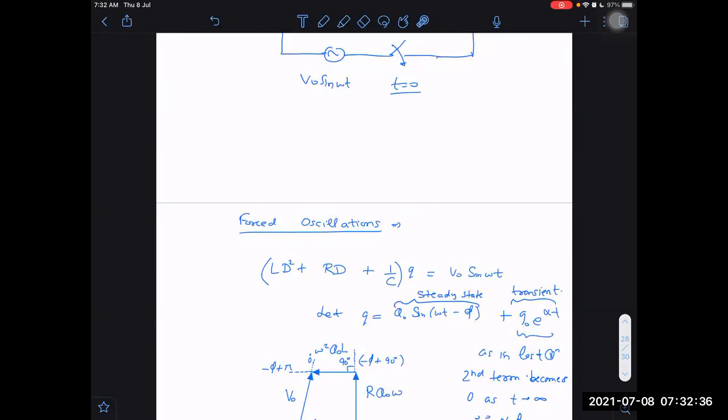Which solution are we interested in? I have seen in all the books at your level, they don't even discuss the transient state solution. When they ask for the solution, normally they refer to the steady state solution. So you don't have to waste time in determining this. You can just determine this, and that is enough for you. And how to determine this? I told you that first we have to assume it.